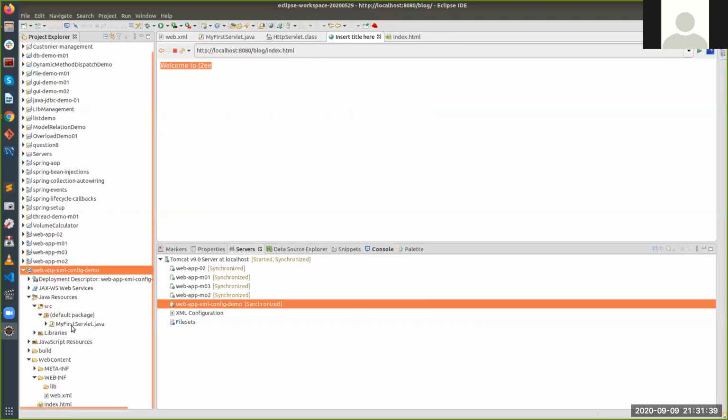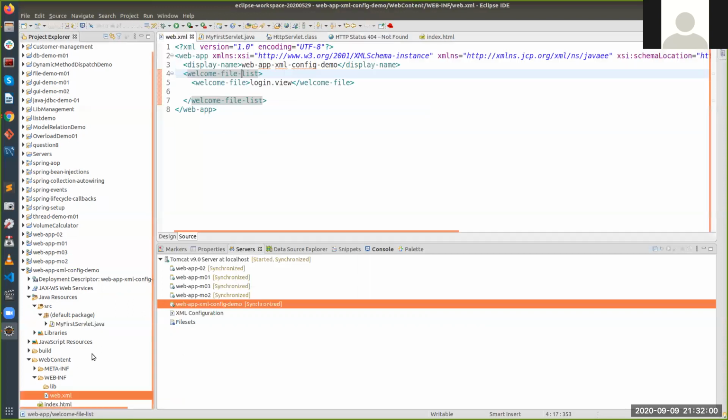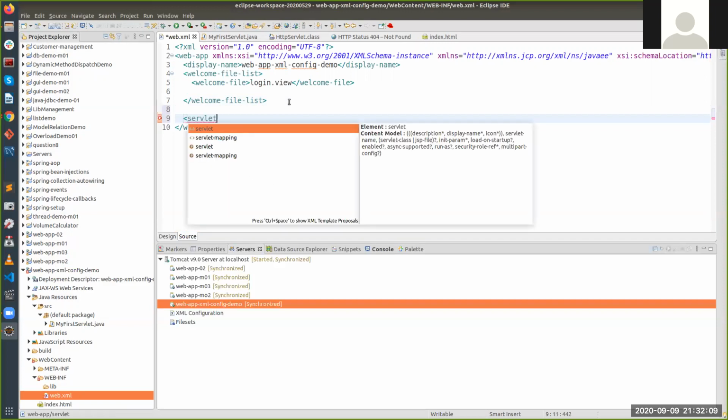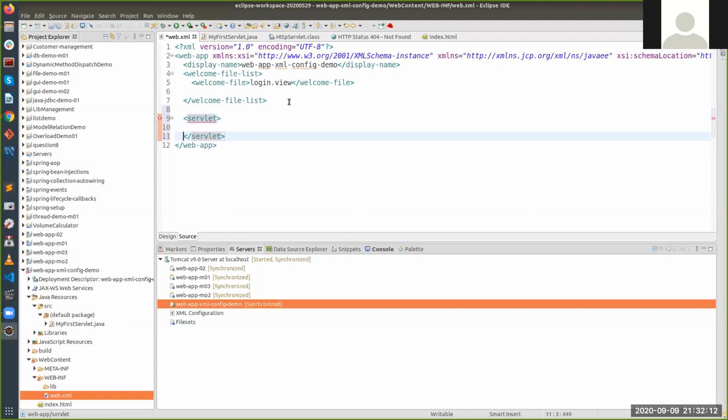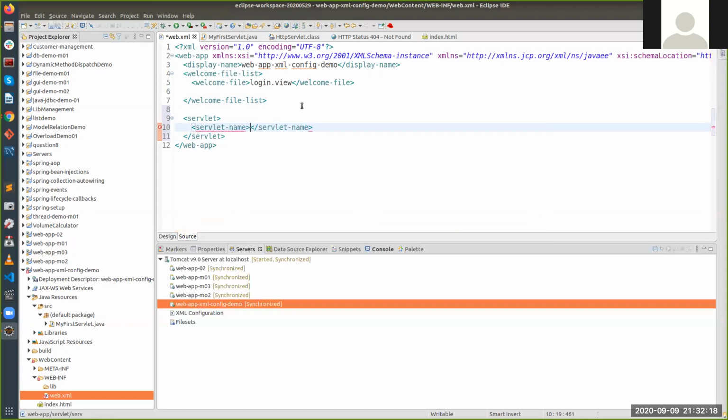So if I write any servlet, like I have written my first servlet, I want to call this my first servlet with the welcome URL, right? If I want to call this with the welcome URL, it won't run right now because it cannot identify that any servlet is mapped with this URL, any file is mapped with this URL, isn't it? Yep. So we are going to mention this here inside our web application. So I'll say that we have a servlet. All right, we have a servlet and let's give the servlet name. I'll give the servlet name as welcome servlet.